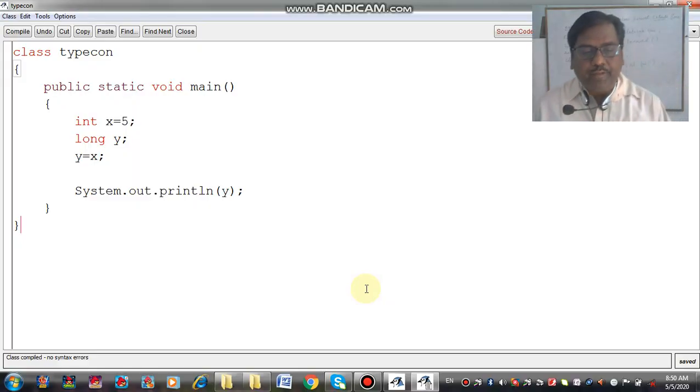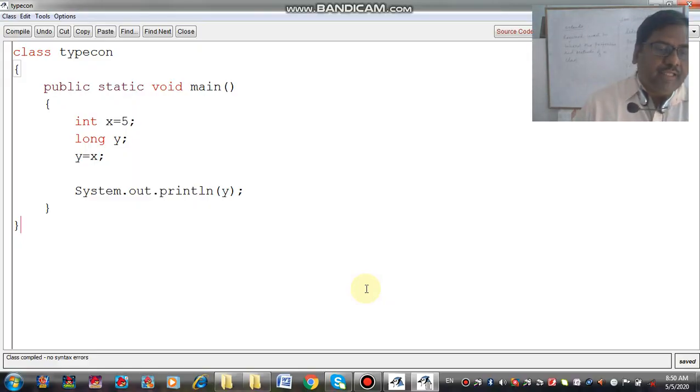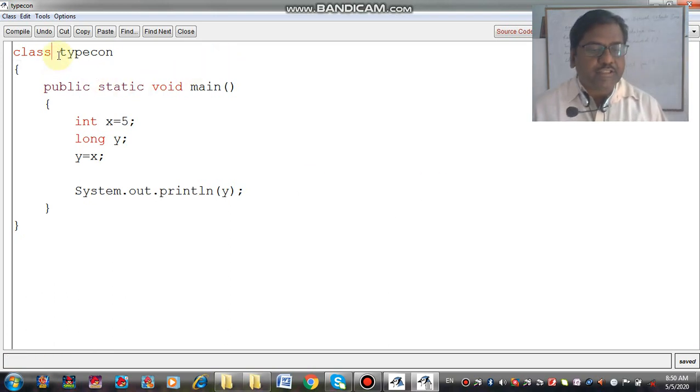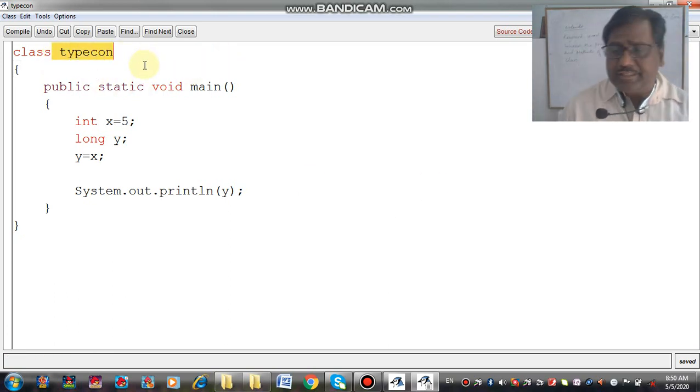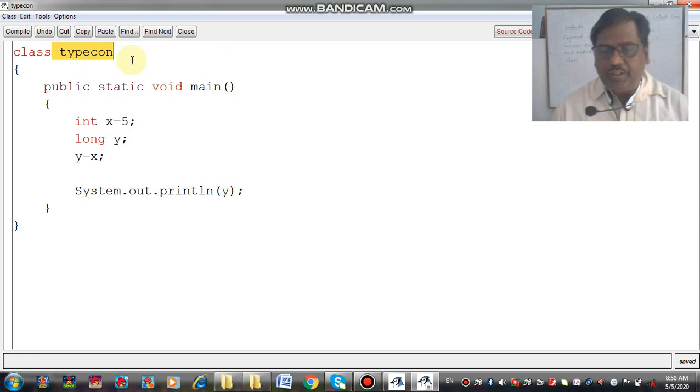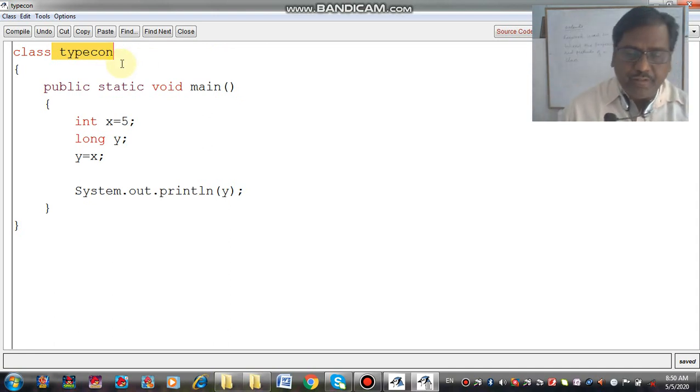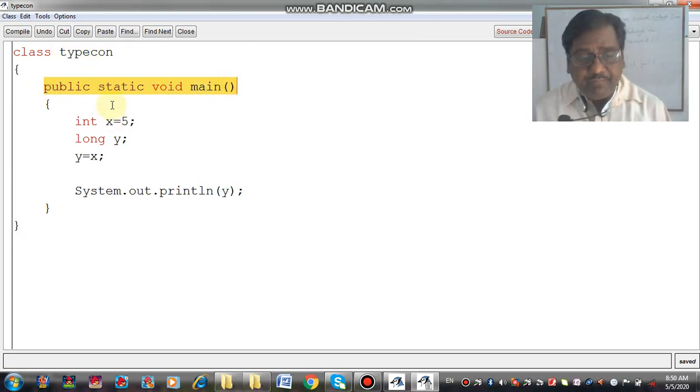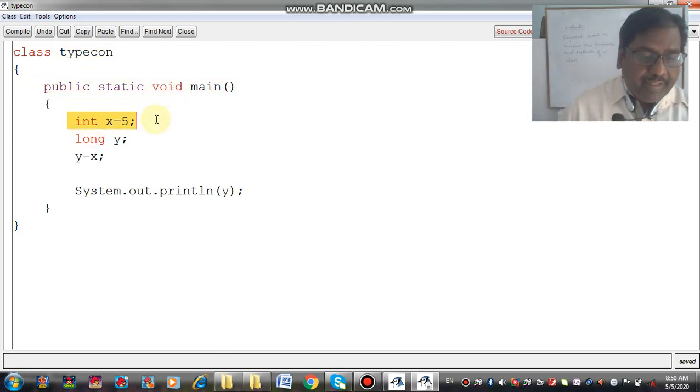Now when we come to the programming part, for example, I have taken a class and the name of the class is typecon. It's a name given by the user, it does not have any relevance to type conversion or anything. Public static void main is the main function. I have taken an int variable x and its value is 5, and I have taken a long value y.